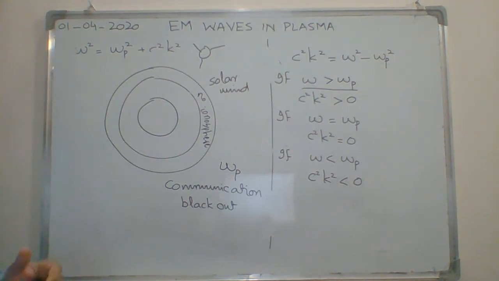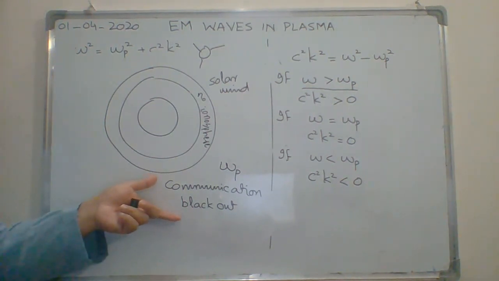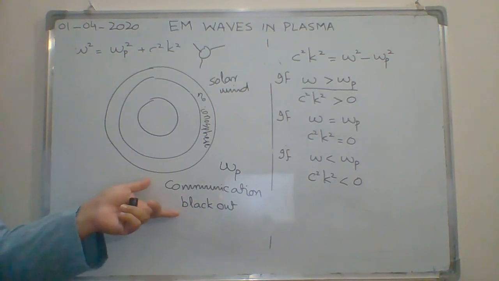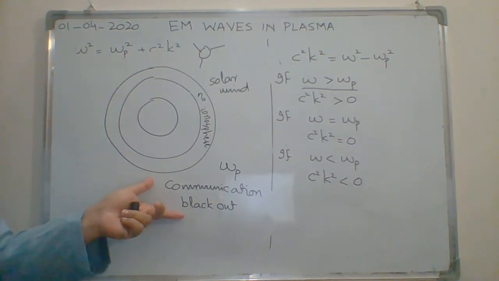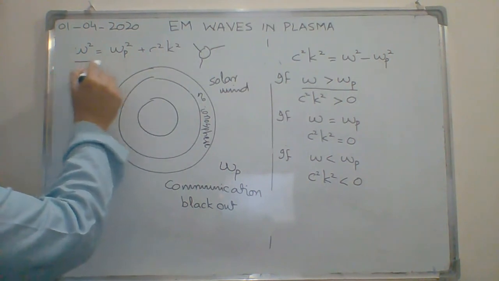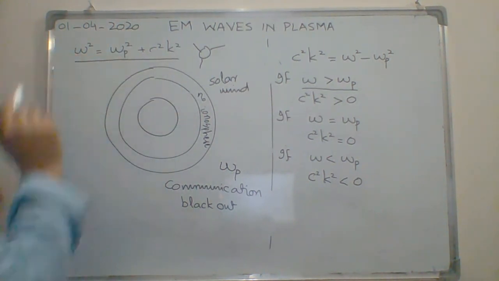This is a big problem for the advanced countries that are using these satellites for surveillance and other purposes. If at a certain period of time they don't have any information about a certain location, whatever is happening out there, they don't have a clue about it. So it's an important thing that is related with these expressions, which is the expression for the electromagnetic waves inside the